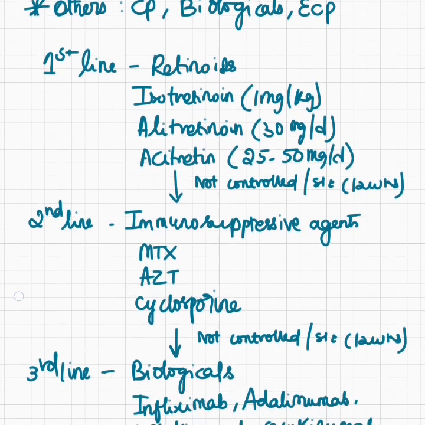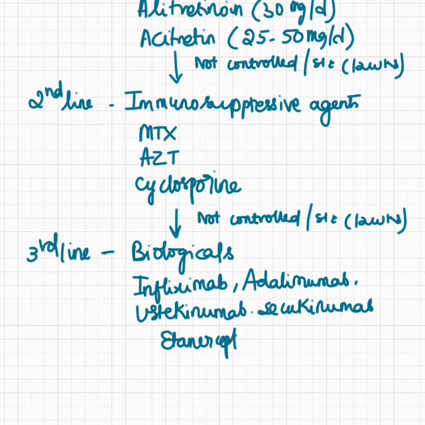If still the disease remains to be uncontrolled, or if there are any side effects over the next 12 weeks, third line of treatment, that are the biologicals, that is infliximab, adalimumab, ustekinumab, secukinumab and etanercept can be tried. Patients should be regularly monitored for any electrolyte imbalance, or if there is any secondary bacterial infections or hypoalbuminemia or any sepsis.